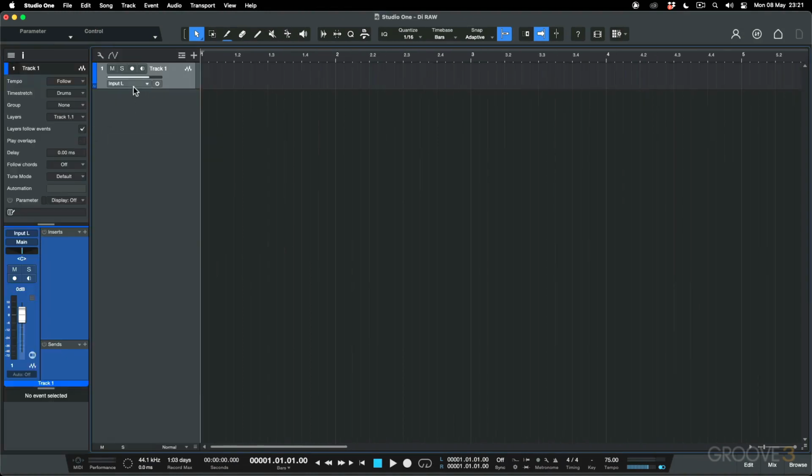Then on the input side, I just need to set up the input for one of the cables coming out from the Tonex pedal into the input on my audio interface. So that's input L over here. I can record arm it and record enable it. And then I can set my input to input 2, which is my guitar. So now when I turn my guitar up,